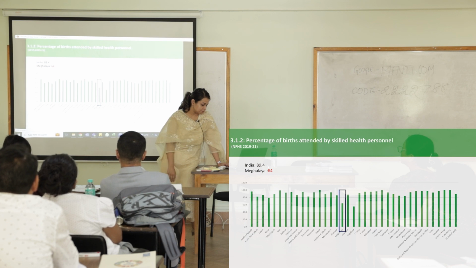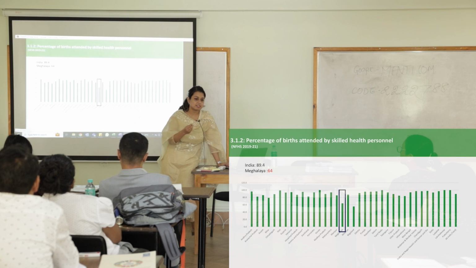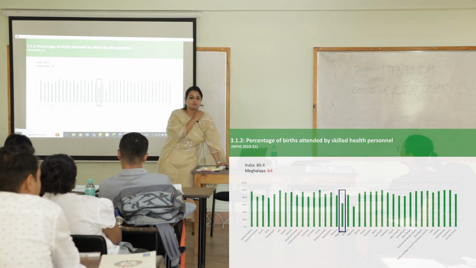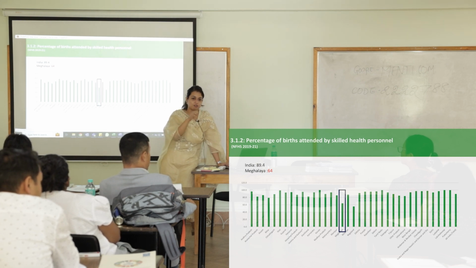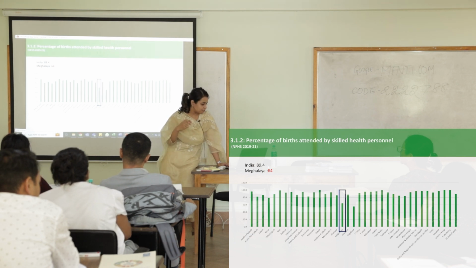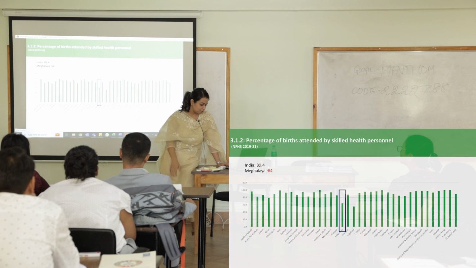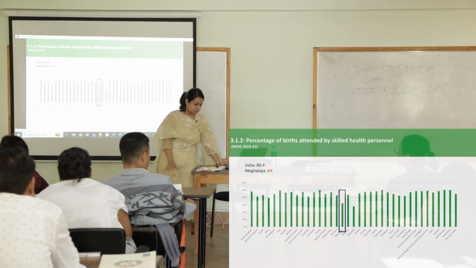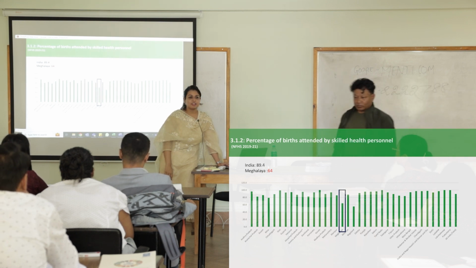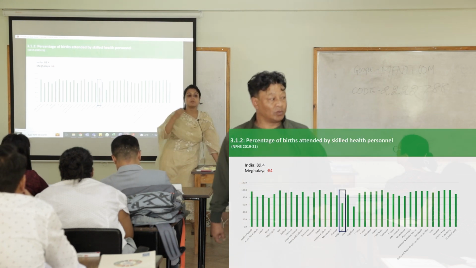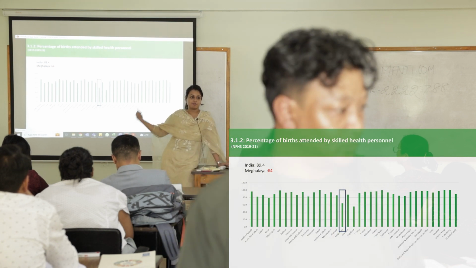Health again, if we see percentage of births attended by skilled health personnel. So anybody from health who would like to discuss on why or what is the current situation now for Meghalaya? Any anecdote you would like to share? So it's 64% and India is at 89.4. I think it's in the top 15-20. So any experience why, is there some kind of a challenge that why we have